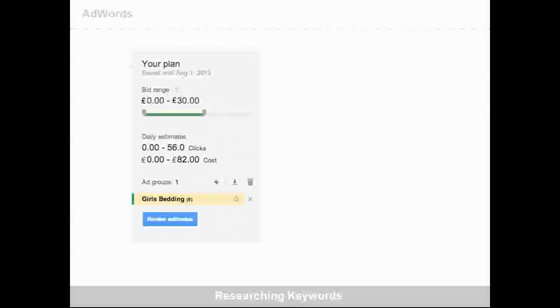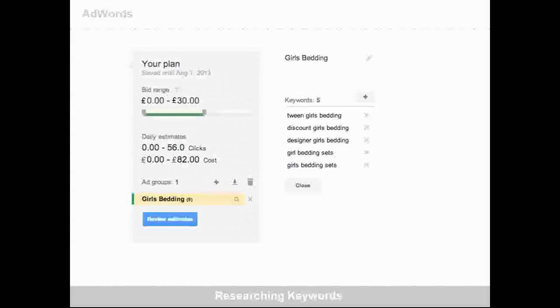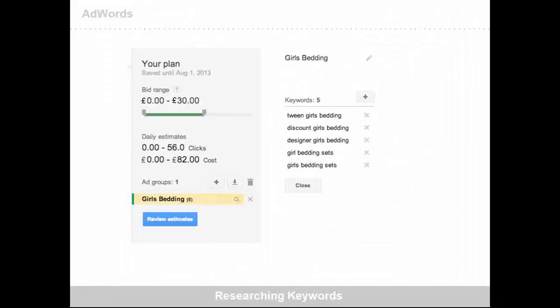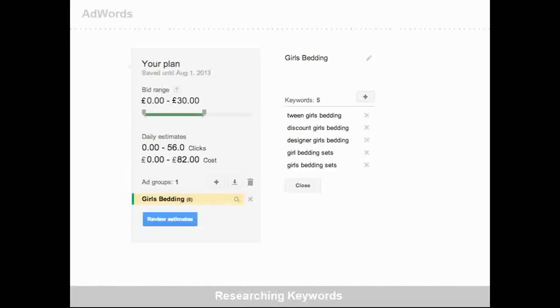Alright, so this is what your plan kind of shows up as. What you can do here is pretty interesting. You can actually set a range of your bid. You can say, this is how much I'm going to bid, this is the lower limit, that's the upper limit. And the plan then gives you an estimation of the number of clicks you will receive on a daily basis and the cost on a daily basis again. So that helps you create your search plan before you pitch to your client.